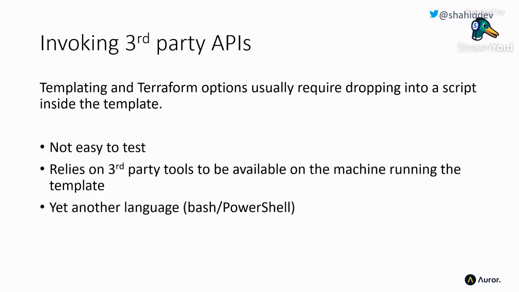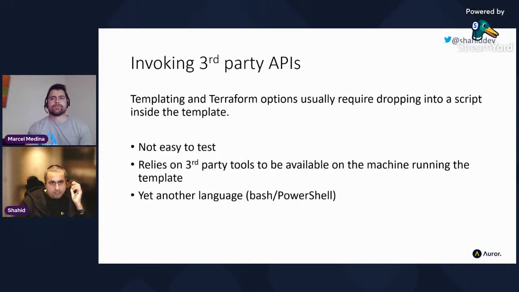And then I mentioned the third-party stuff. So usually with things like Terraform and ARM templates and all the other ones, you normally have to drop down into some kind of script. The challenge with that is it can be quite difficult to test because the script itself is perhaps dependent on some of the other resources. Another big issue you run into is, well, it needs the tools on the machine that you're running that tool on. So if you're trying to run these things on some kind of server somewhere, then you need to make sure you've got the right PowerShell commandlets, for example, and the right PowerShell version and all of that.